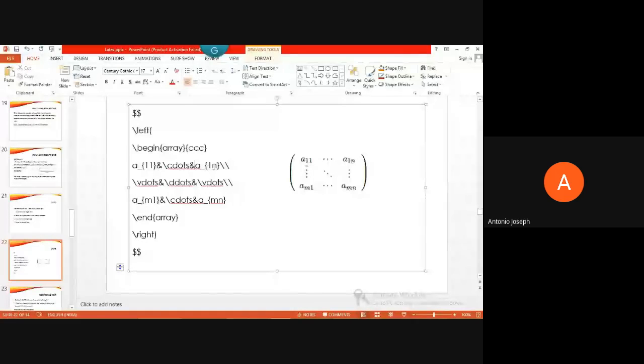Then again vertical dots, then a diagonal dot, and again one vertical dot is being provided. Then the last row, the mth row, A_m1 ampersand, then again a center dot, and finally A_mn. So that will be an m by n matrix. We can represent an m by n matrix generally like this, isn't it? So this is how we can create an array with these center dots, diagonal dots, and vertical dots. This is another example for that.